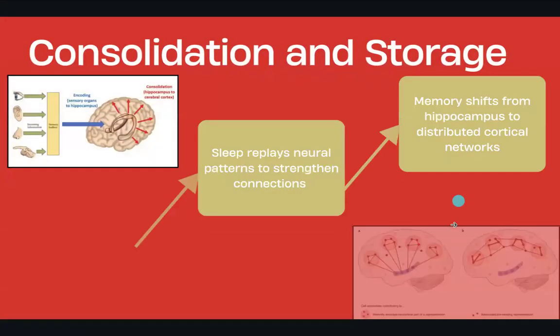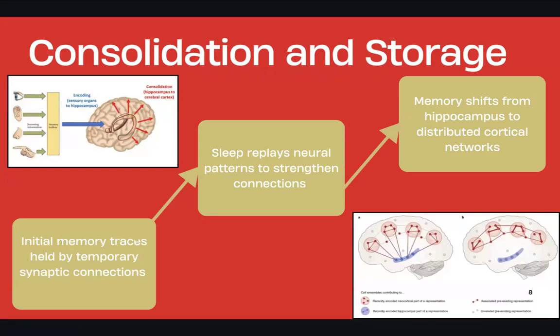Going on to the consolidation and storage aspect. So initial memory traces are held by temporary synaptic connections in the brain. Sleep replays these neural patterns, strengthens connections, and then memory shifts from the hippocampus to distributed cortical networks. This image in the upper left here is just a basic diagram showing the encoding to consolidation process, where we have sensory information, sensory buffers, gets encoded, and then the memory is consolidated